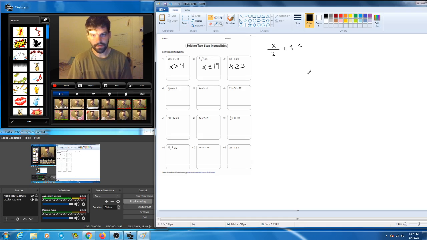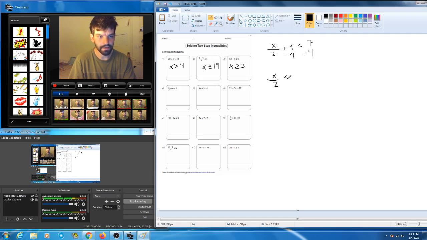So remember earlier when I was saying that originally in number 2, that minus 4 was part of the fraction, or part of the quotient of the quantity x minus 4 over 3. In this one, the plus or the minus operation is not part of the quotient. So for that reason, we can go ahead and do this just as we would by a normal reverse of order of operations. So we'll go ahead and subtract 4 from both sides, because that's the inverse of adding 4. And we'll get that x over 2